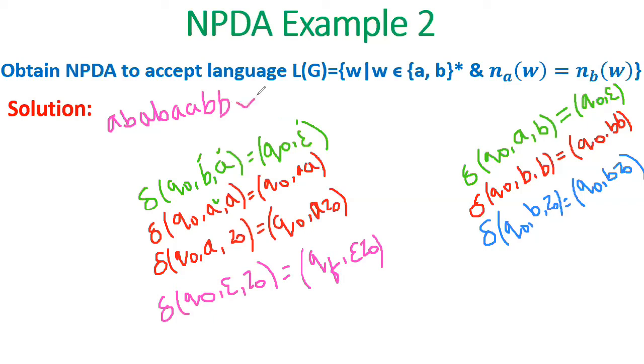It should be accepted. Why? You have equal number of A's and B's. So now let us see the stack contents here. Okay. So now what is on top of the stack? Z naught is on top of the stack. What is the current symbol you have in the given input string? A. So the starting symbol should be blindly pushed onto the stack. So using this, you'll push it onto the stack,